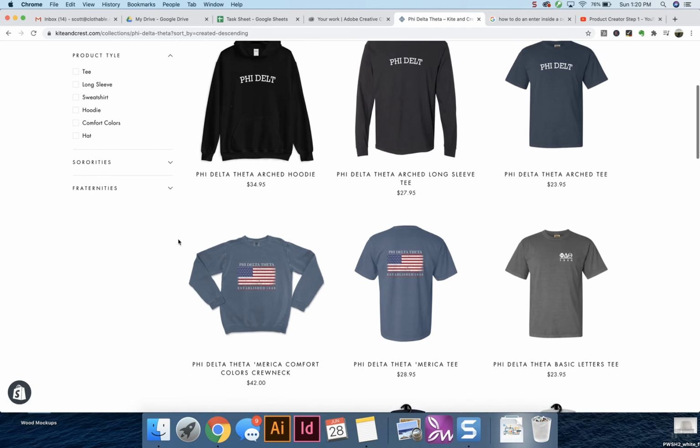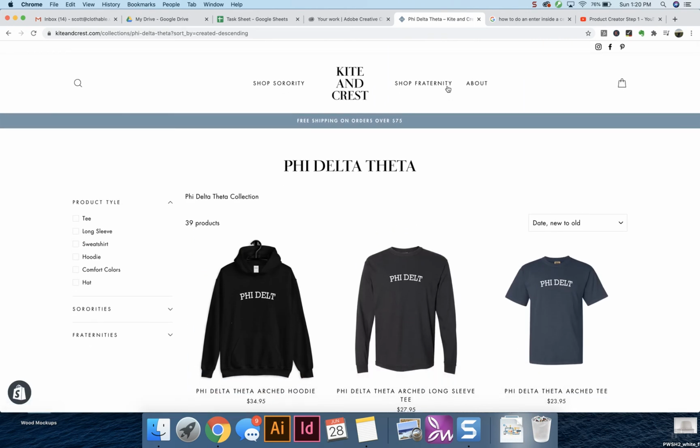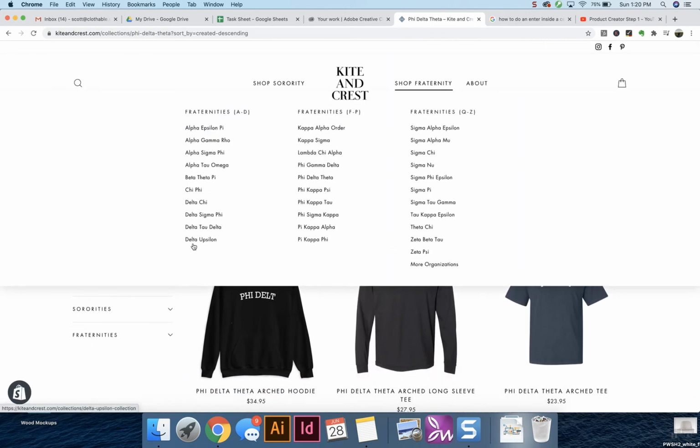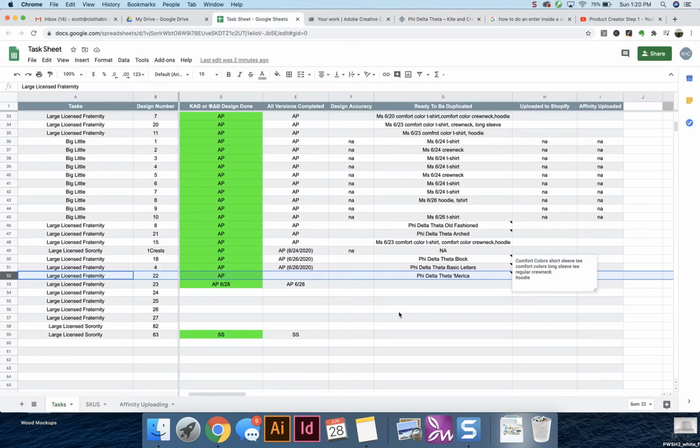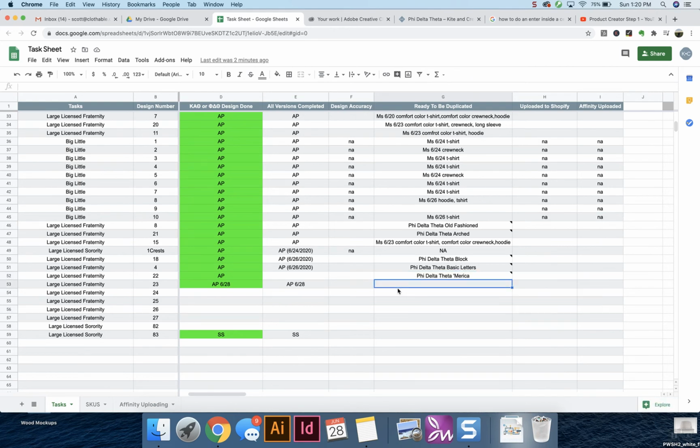And basically what that's saying is these are the two products that we want you guys to create for the other fraternities, right? So basically every fraternity in here, so these, and these, all the way to Zeta Psi, we need these products to be duplicated for these houses. So basically you guys will come in here every day and you're going to see, okay, if this design is ready to be duplicated, I first need to check it for design accuracy, which I'll show you guys in the next video,